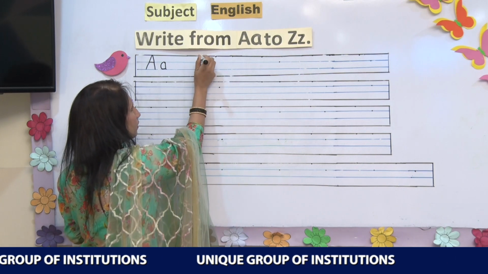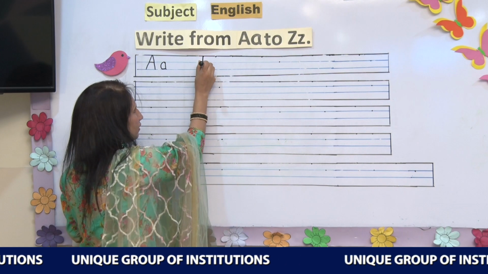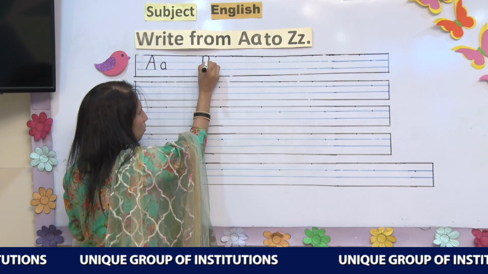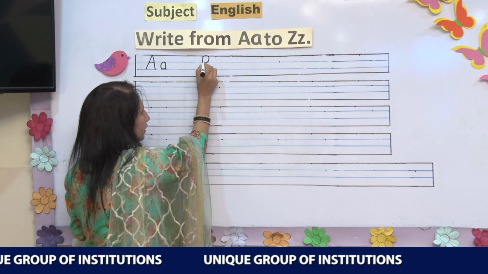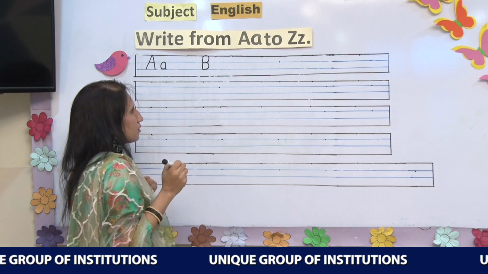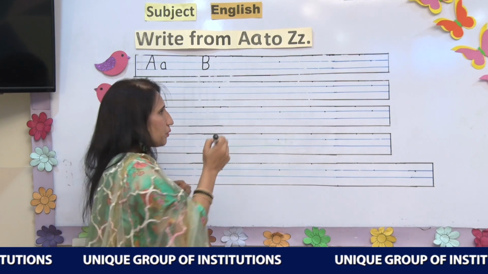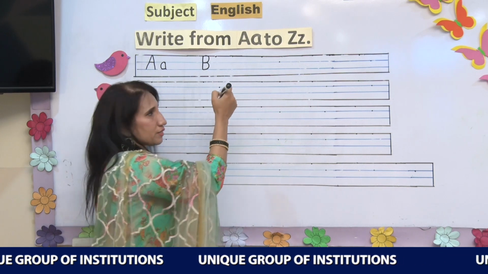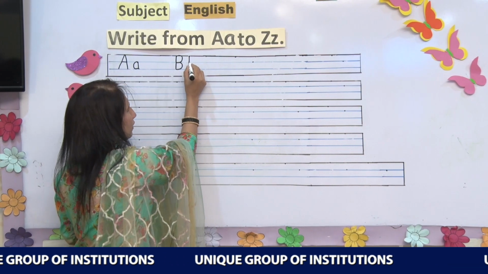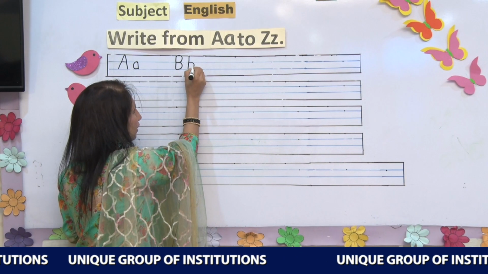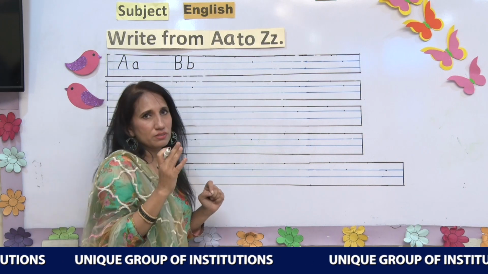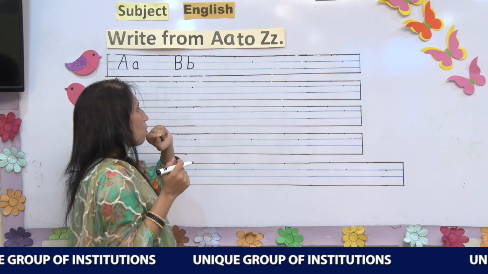Okay, our next letter is letter B. How we write letter B? Make a standing line, then a round on first two lines, then second round on the next two lines. This is the letter B, capital letter B. Now we will write the small letter B. Make a slant line, make a standing line, and then in the center lines we will make a small half circle. This is letter B.